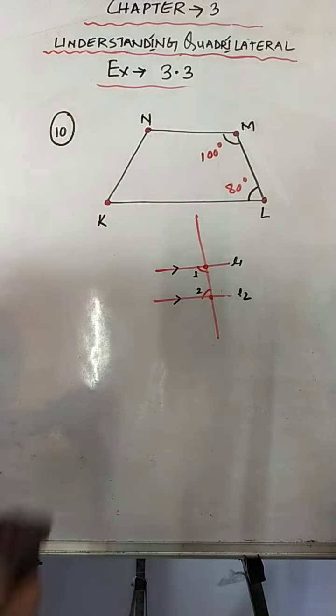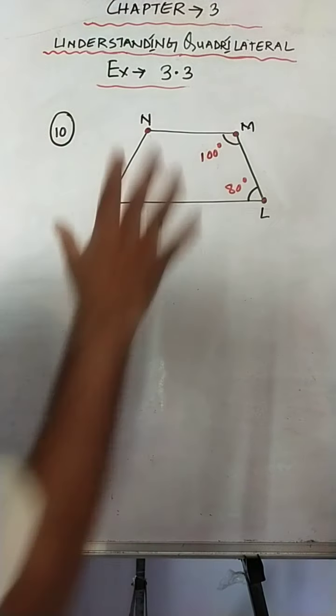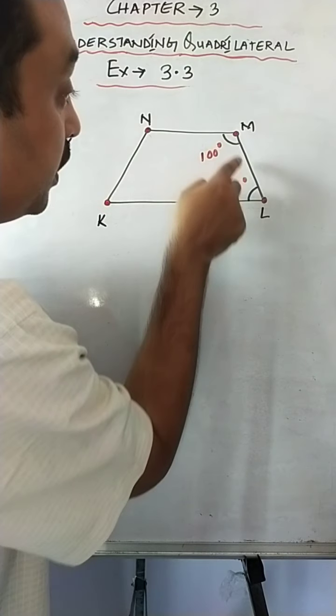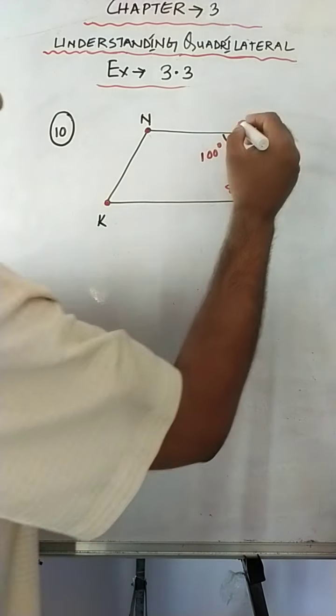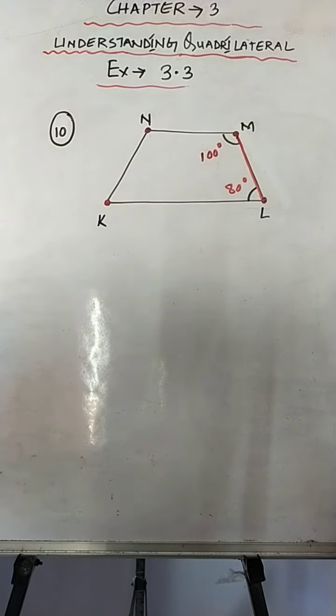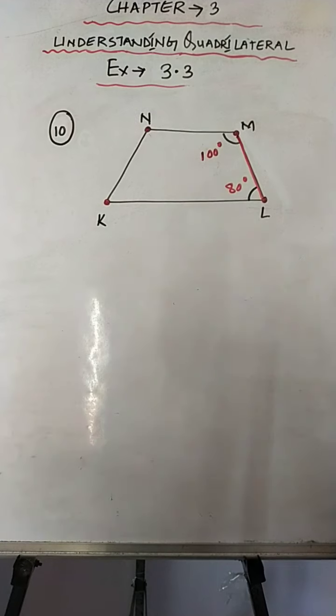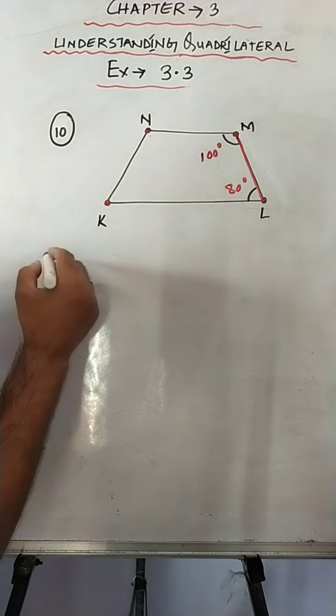Fine. Now as you see, according to the figure, these two angles are given, and we'll consider this line, that is ML, as a transversal line. So before we get the sum of these two angles, we need to write something. What we have to write? We have to write that when